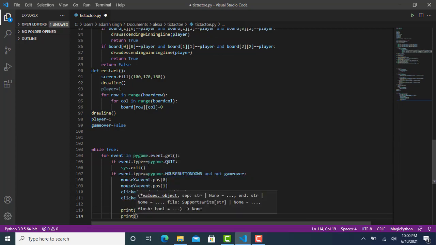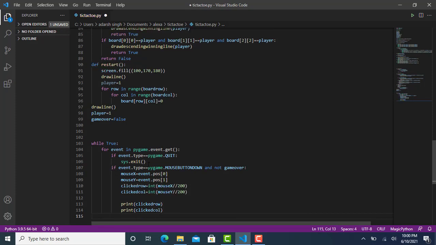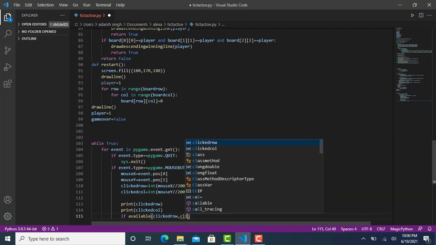You can give it in a single line statement also, I'm giving it here individually, and type enter. If available, meaning our blocks are available which we have created, click row comma click call,